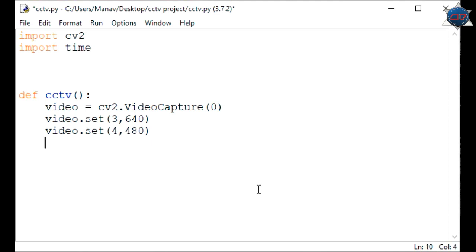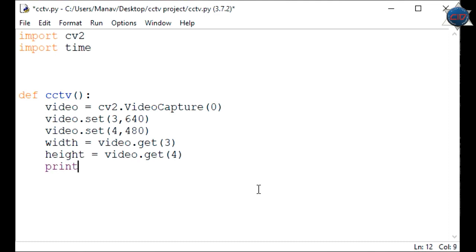And now I'll get the width with video.get. We can get the width and height of any video in OpenCV by passing the arguments 3 and 4. Okay, so I'm getting it as width and height equal to video.get. These two lines are not necessary, but I'm just going to show you whether it is the resolution of our video or not.